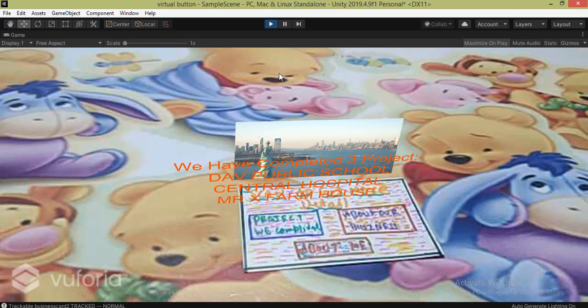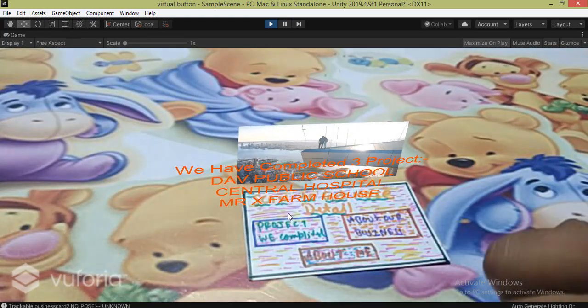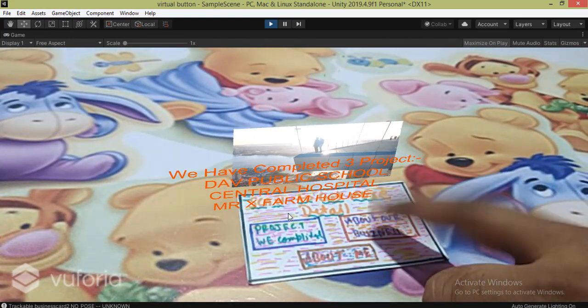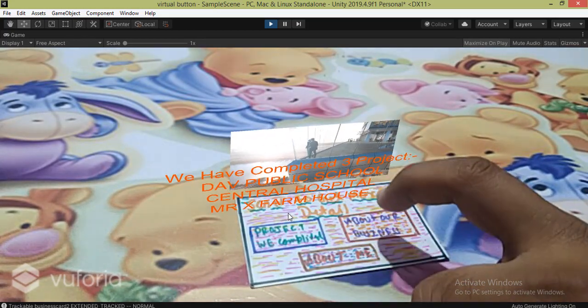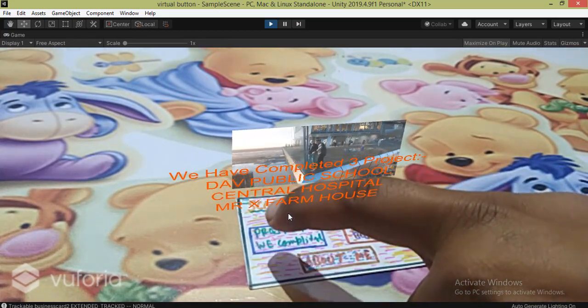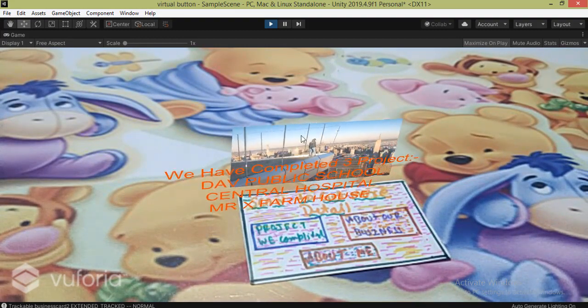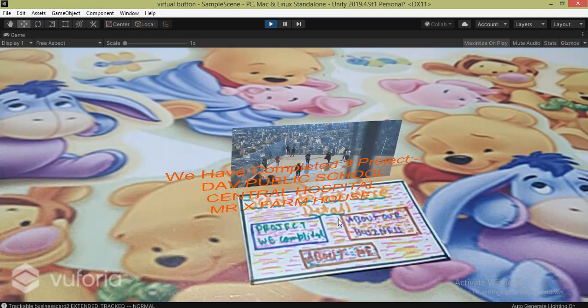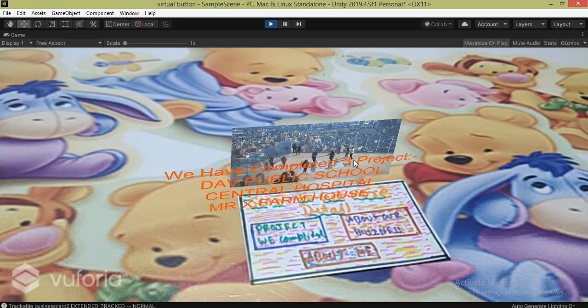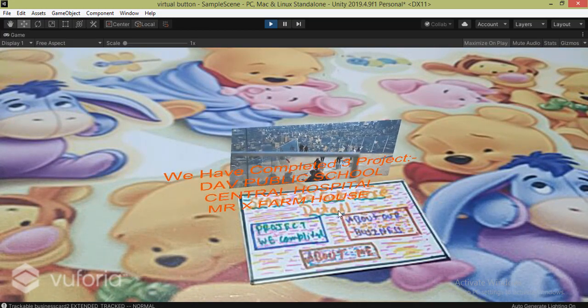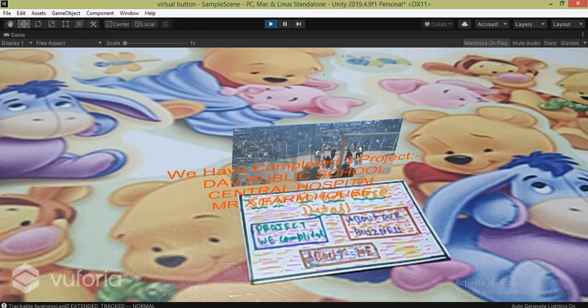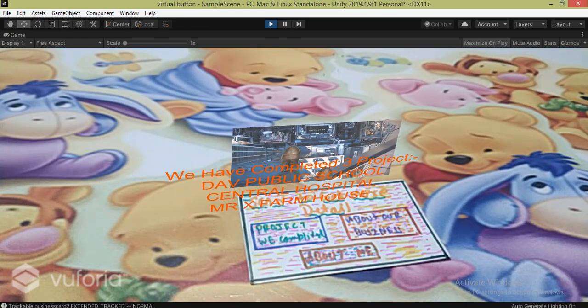So as you see, both the image and the video have appeared here, but you will see if I press the button, it will not work because we have not customized that button right now. And there is one more problem, that is the audio problem. So first of all, I'm going to solve that audio problem, and then I will customize our virtual key. So for that, again I just come out of the play mode,